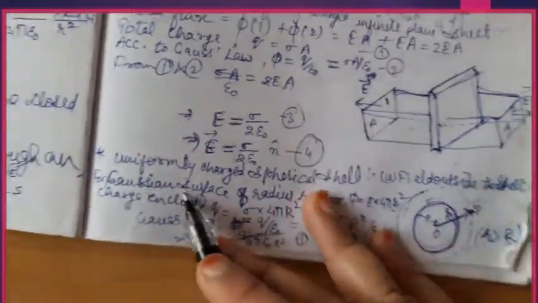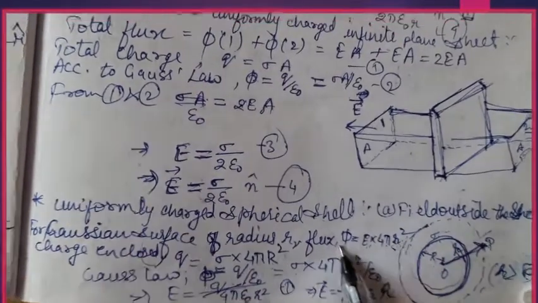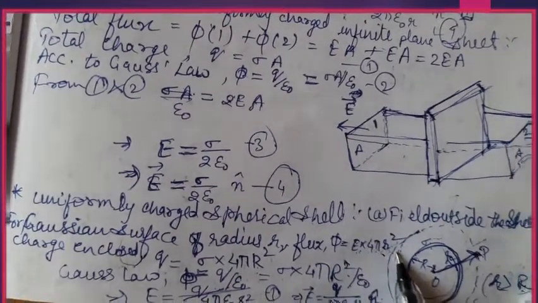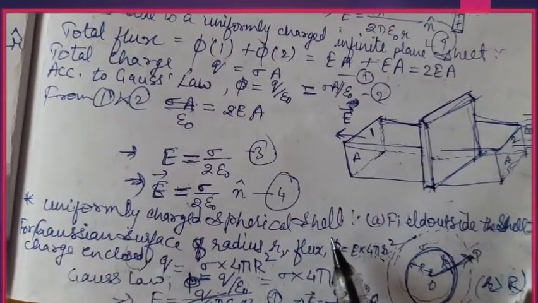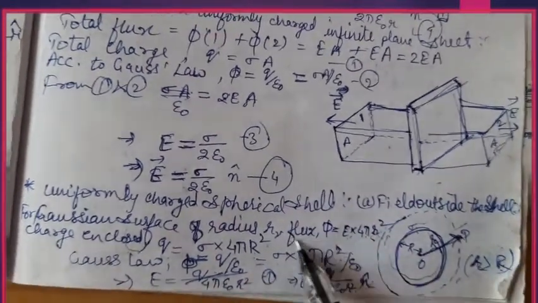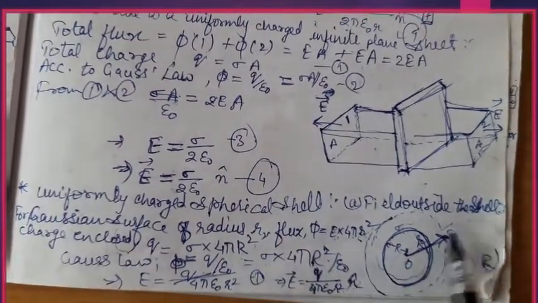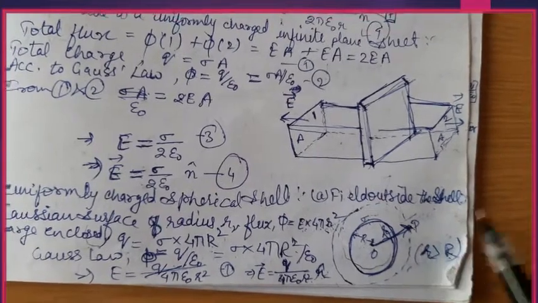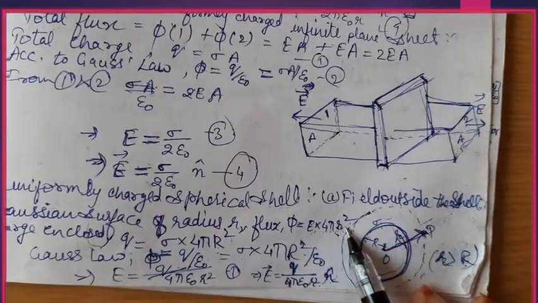Now the steps, as I have already explained to you, are simple. First we find electric flux by the conventional formula E dot S, and then we find electric flux by Gauss law, Q upon epsilon, and equate both. That is the simple process. So first for Gaussian surface of radius small r, flux is E dot S. Now both E and area vector S are parallel to each other. So theta is 0, cos theta is 1, and that's why simply E into S.